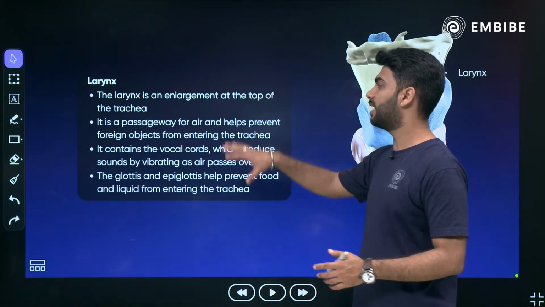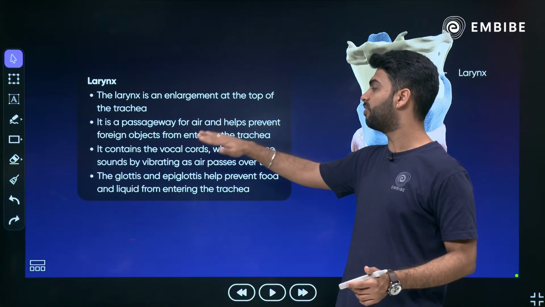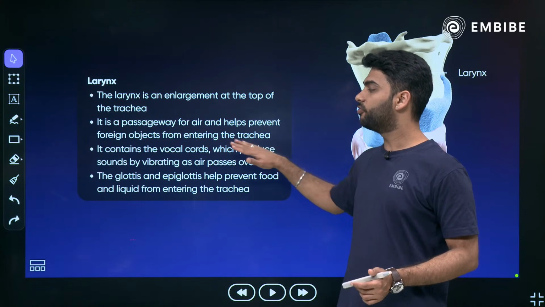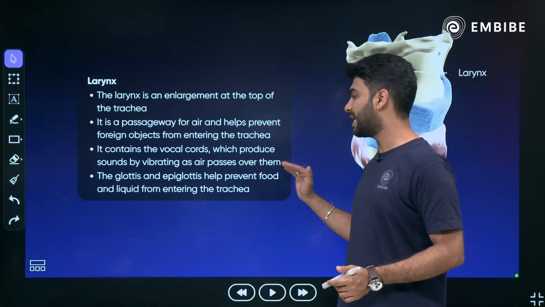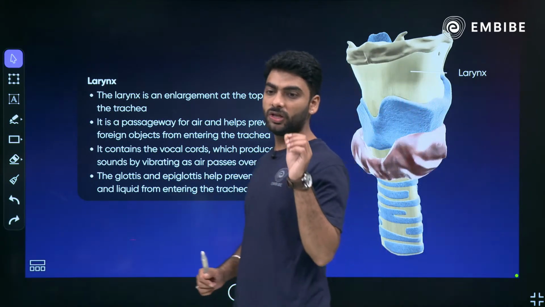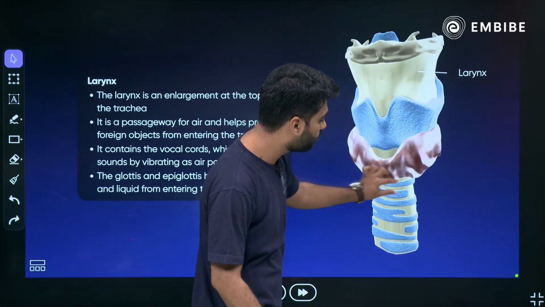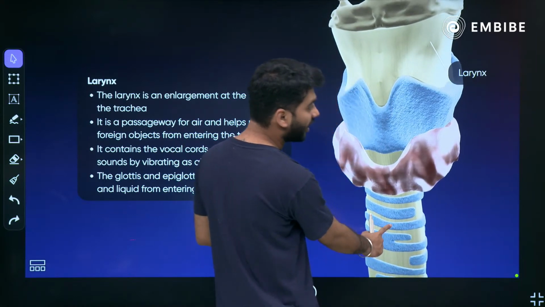So larynx is an enlargement at the top of trachea. It is a passageway for air and helps to prevent foreign objects from entering the trachea. It contains the vocal cords which produce sound by vibrating as air passes out. The glottis and the epiglottis help prevent food and liquid from entering the trachea. तो ये जो आपका trachea है ये this part. So this is your trachea जिस पे आपको ये blue rings दिख रहे हैं. This is the trachea जिसको हम बोलते हैं